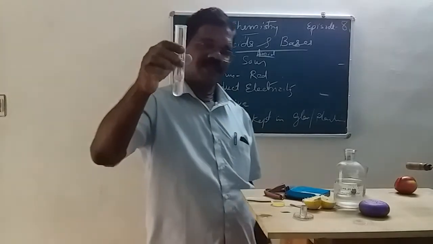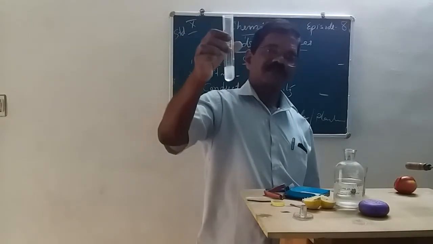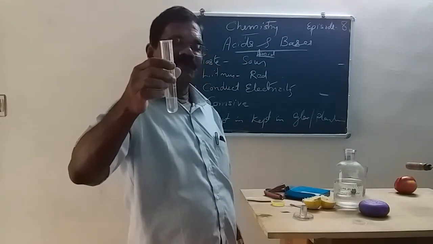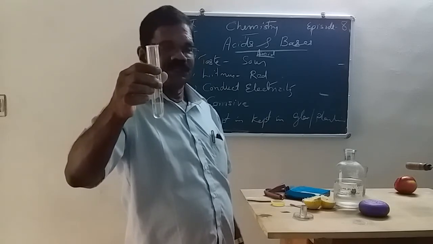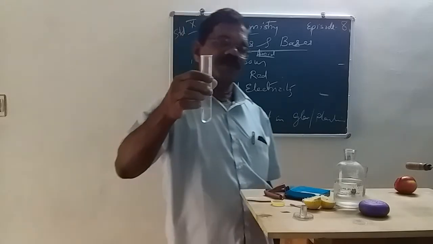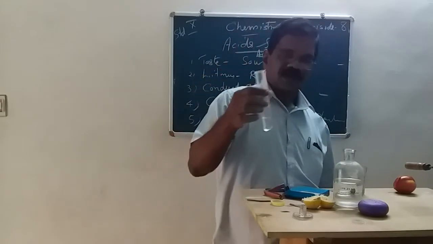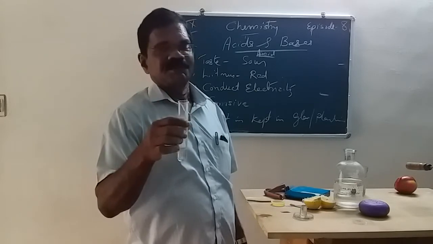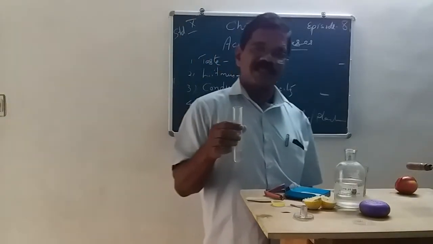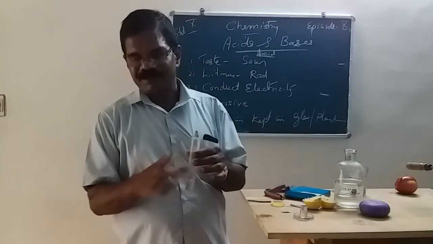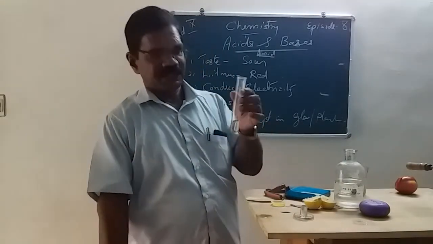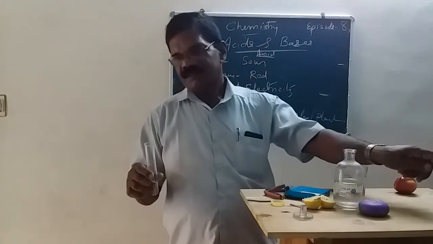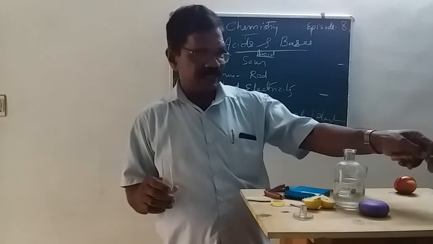The residue is what? The remaining solution is what? Sodium sulfate. Sodium carbonate reacts with the sulfuric acid to form sodium sulfate, H2O and carbon dioxide. Carbon dioxide is evolved to the atmosphere. Please remember this. We have already shown you 3 experiments. While doing an experiment, you have to remember the materials needed. What are the materials needed here? Test tube holder, then the chemicals, sulfuric acid, then what?